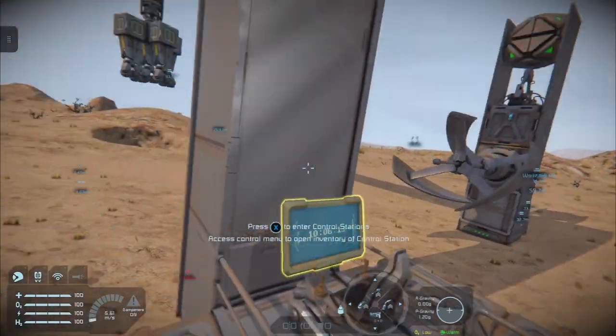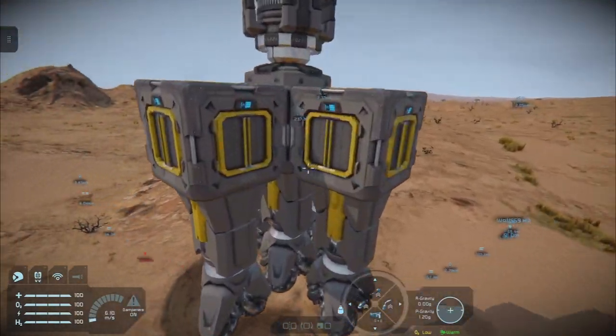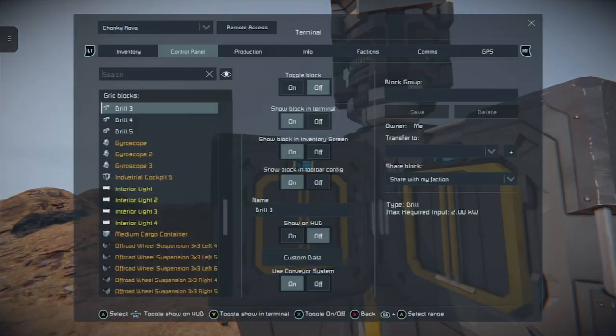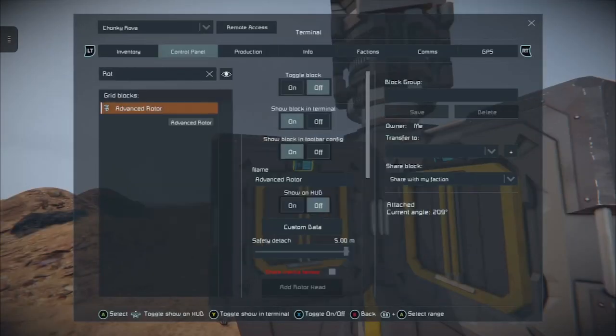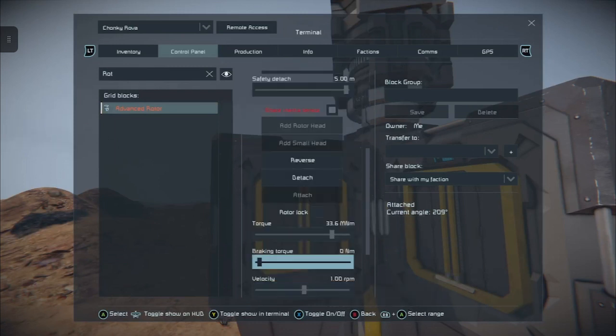And we probably want to, thinking about it, just pop up the braking torque on our rotor as well, so that it comes to a stop. So we want braking torque. Let's just put it midway here.